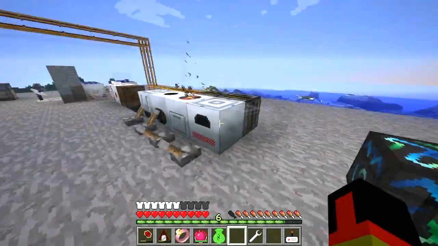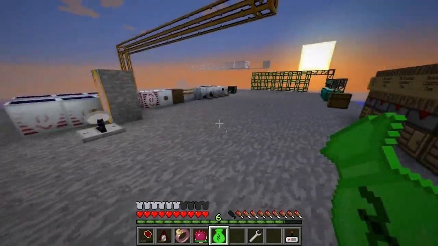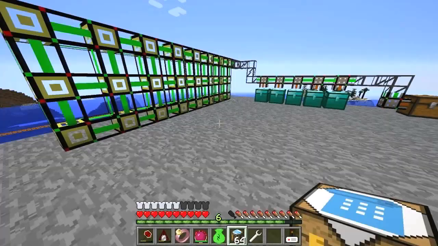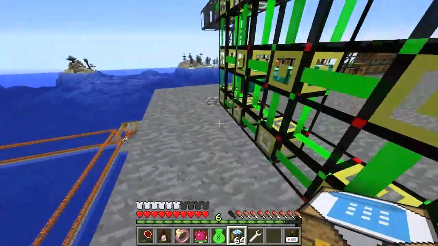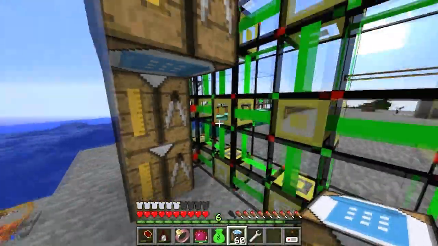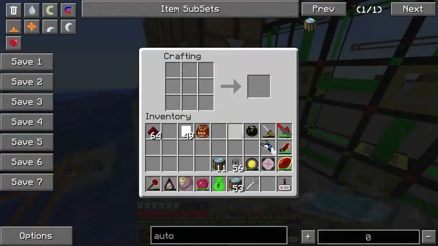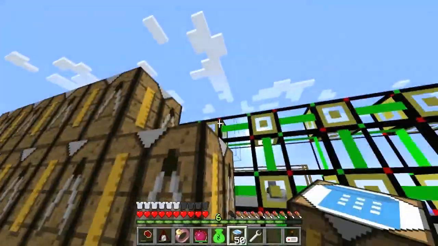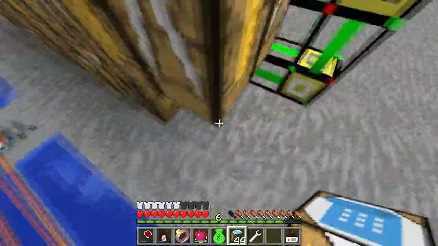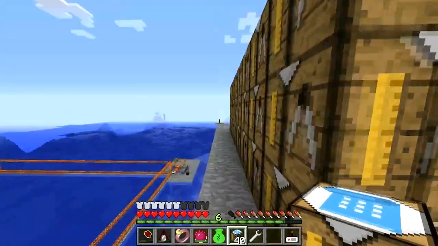Okay, now automatic crafting tables. Let's grab some of those. Okay, so you just put these right next to the automatic crafting, or the crafting logistics pipe. Alright, now